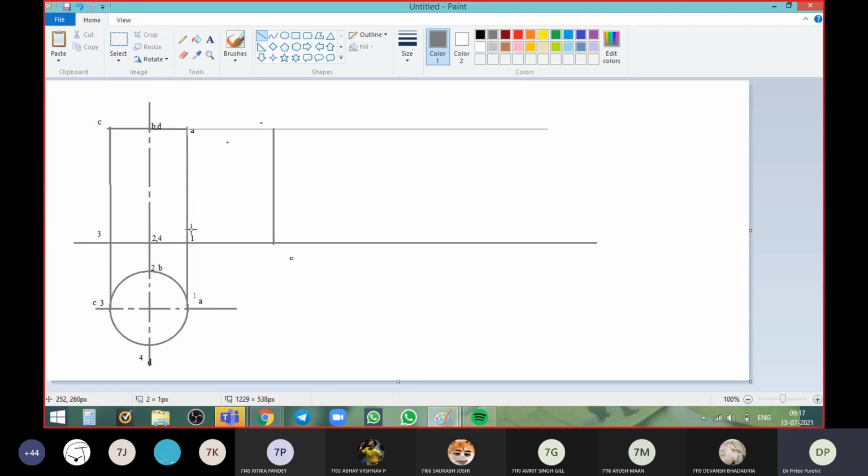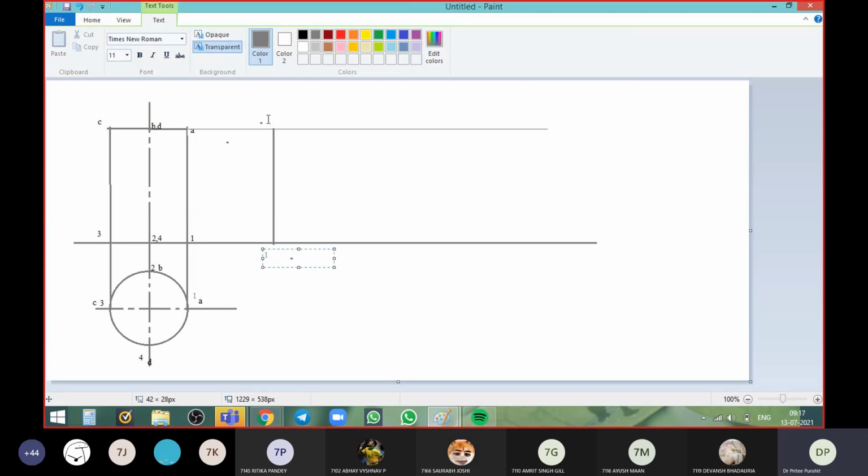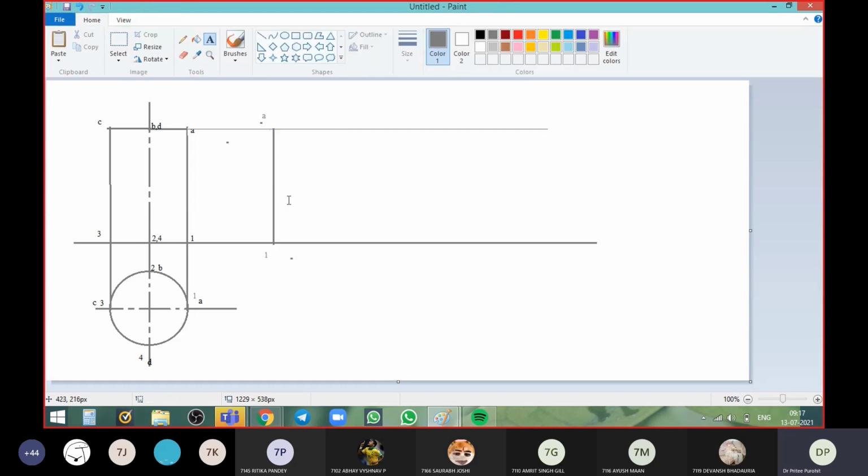Suppose I shall name it 1 and a. So if this point is 1 and this point is a, we have started, our cylinder is starting from here. Now if we cut the cylinder and open it completely, its length would be pi d or 2 pi r. So we will mark the distance of 2 pi r here. Just imagine, up to this point we have the distance 2 pi r.